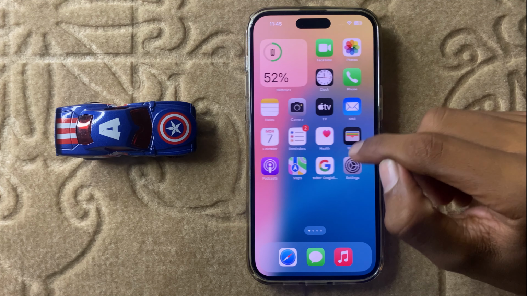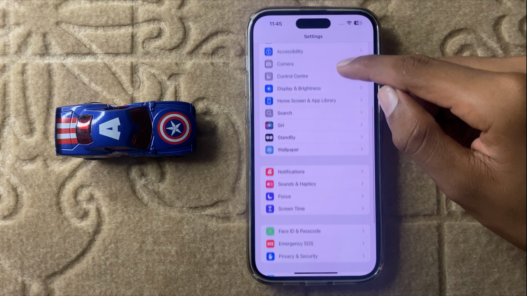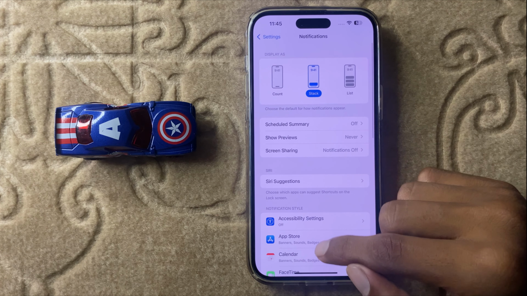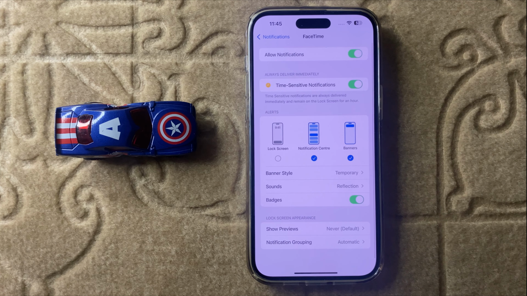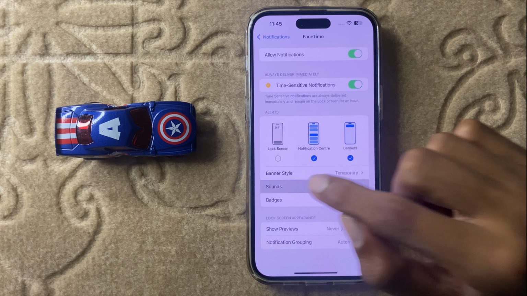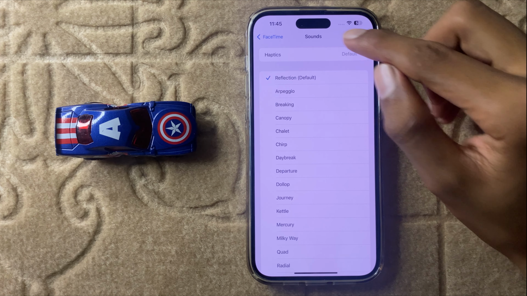First of all, open settings and scroll down and click on notifications, and then scroll down and also click on FaceTime. After clicking on FaceTime, you can see the option sounds. Click on sounds, and if you want to turn on or turn off your FaceTime vibration, then simply click on